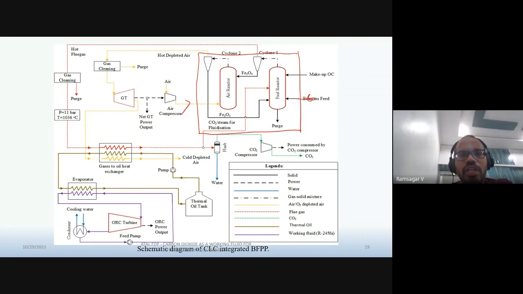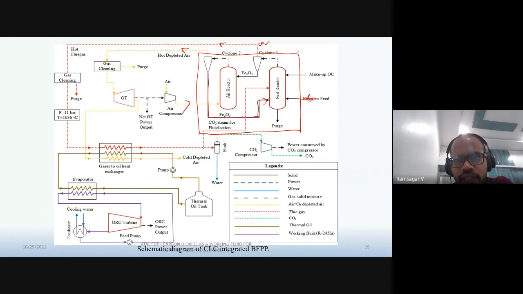We are also adding air, right? But if you look at the exit streams, we have hot depleted air, meaning less O2 air is coming out, and hot flue gases, which have only CO2, right? So how is this happening? You can see from here, Fe2O3 is running in this loop